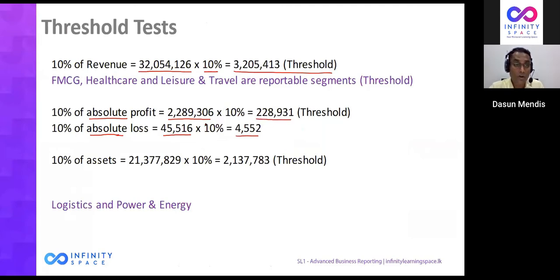Earlier, 10% of absolute profit, 228,931. Out of these two figures, what I take is the higher figure. What is the higher figure? Absolute profit is high. That is my threshold. Now you look at the two segments which have not been reportable earlier, or whether it is becoming reportable under the profit threshold. That is absolute amount. Now forget about the sign. Absolute profit or absolute loss of that segment should be more than